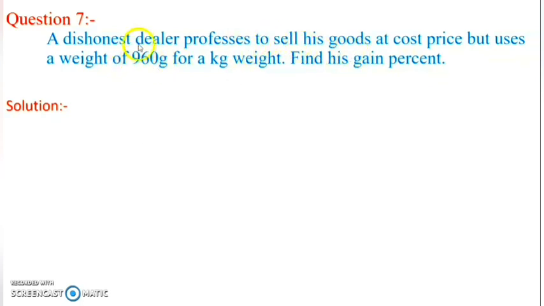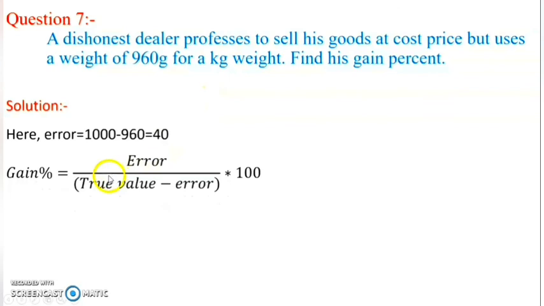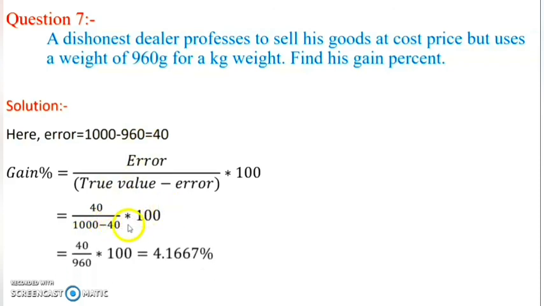Now here the true value will be 1000 grams and the error will be 1000 gram minus 960 gram. So error equals 1000 minus 960, which is equal to 40. Here we'll have to use the last formula which I have already given, that is the gain percent equal to error upon (true value minus error) into 100. So this will simplify to 40 upon (1000 minus 40) into 100. So this will give you 40 upon 960 into 100, which comes to be